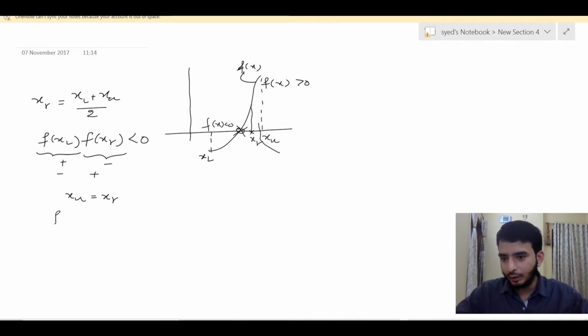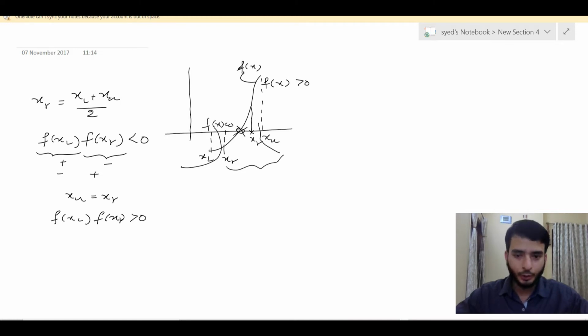If f of xl into f of xr is greater than 0, meaning they are lying on the same side, right? So this point xr is here. Then we neglect this xl and take into consideration xr and xu, and then we proceed like this.